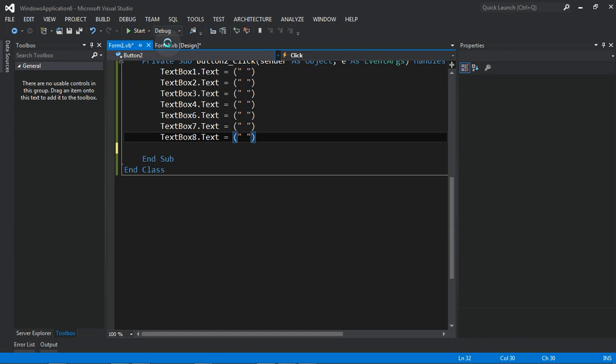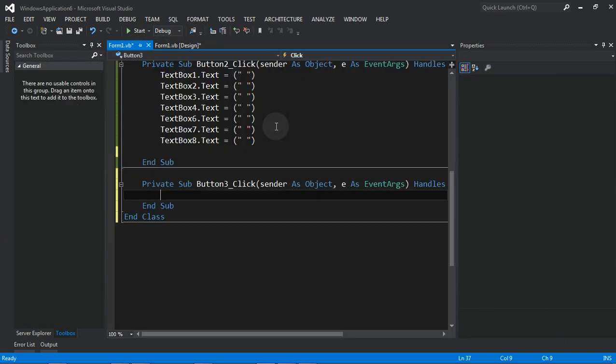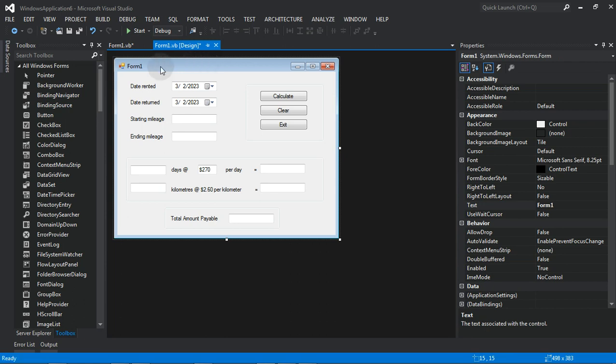What's next from the question? The exit button. So we're going to double click the exit button, and now what we're going to do, right? The exit button, we're going to exit the whole thing, this form 1, right? So before we do that,